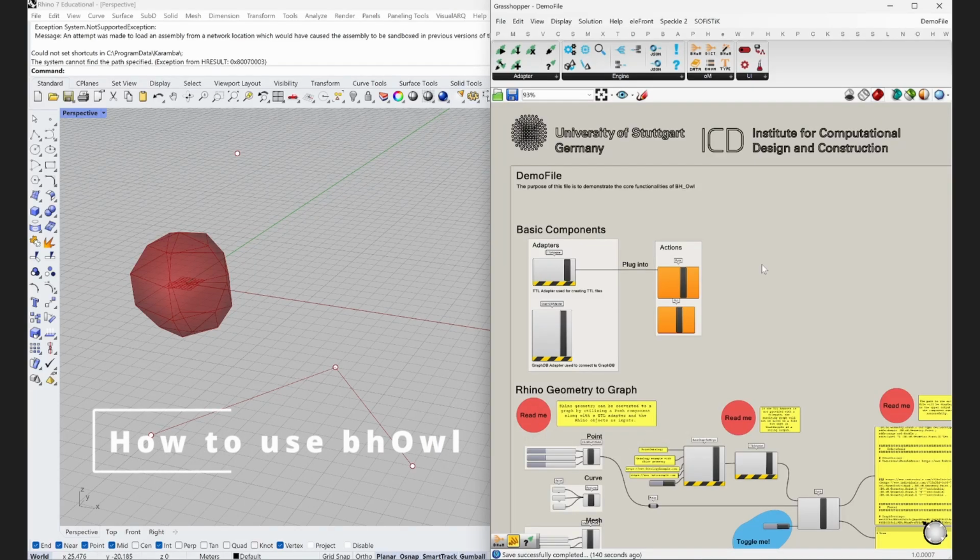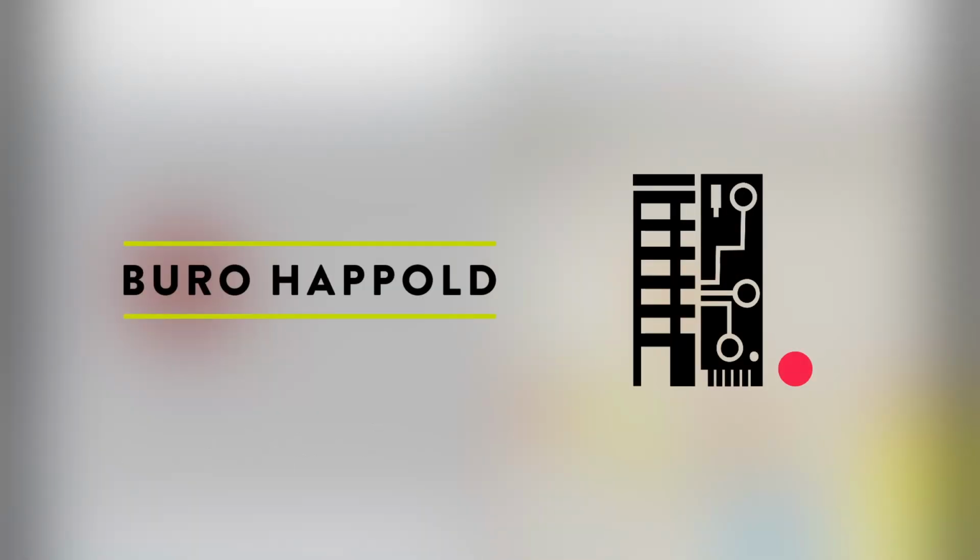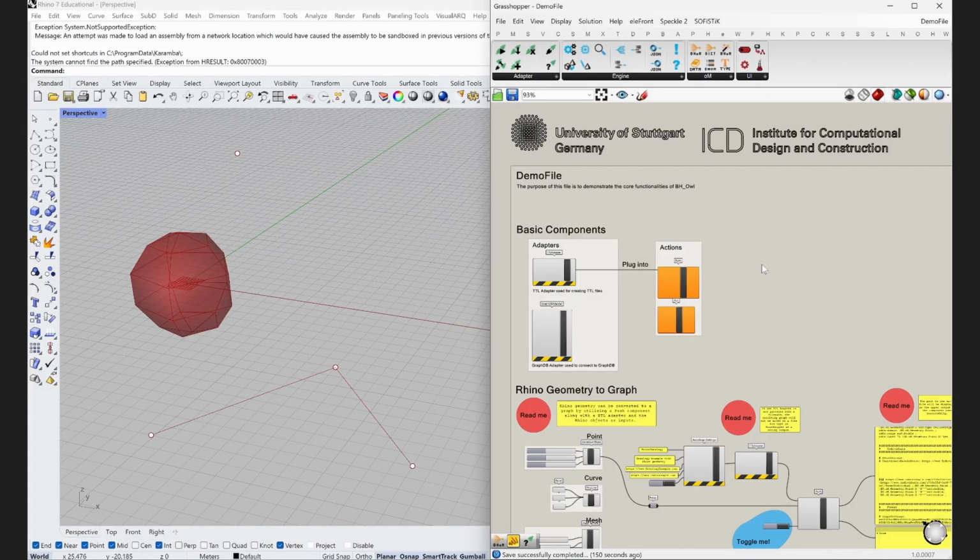Hello everyone, today I'm going to demonstrate the basic functionalities of bhOWL, which is developed by the Institute for Computational Design and Construction, Department for Computing and Architecture, ICDCA, University of Stuttgart in collaboration with bhOM, using the open source interoperability platform bhOM. I have opened the demo file which we provide on our website, and on the left side